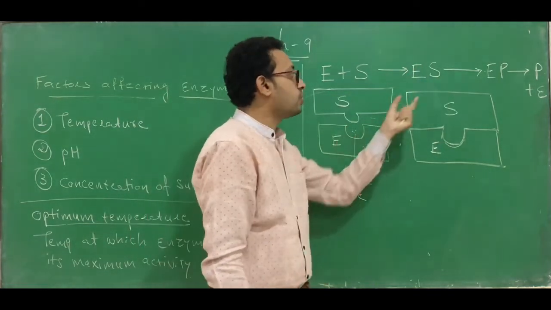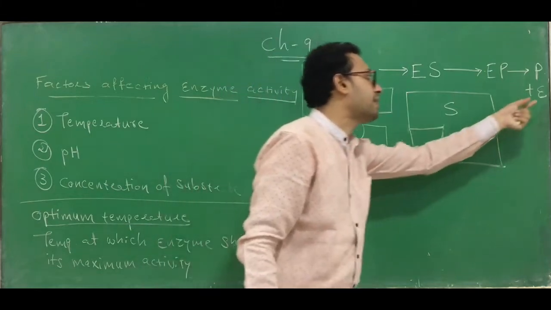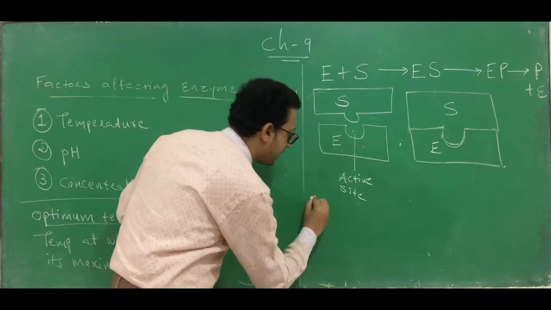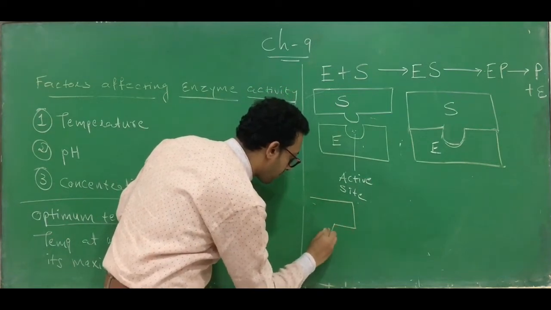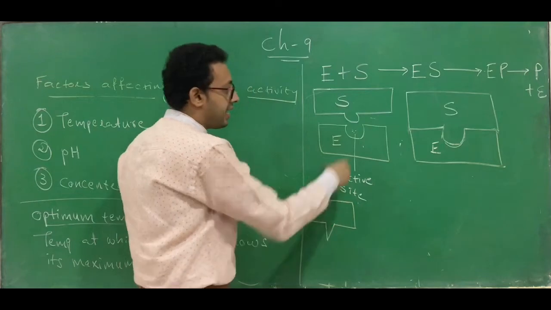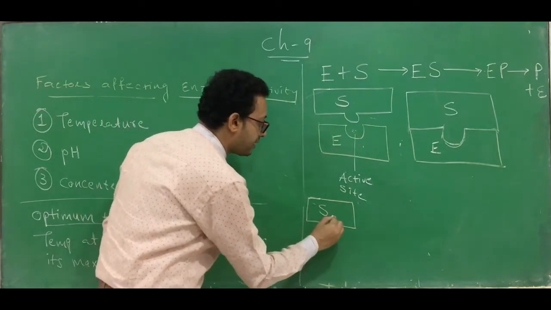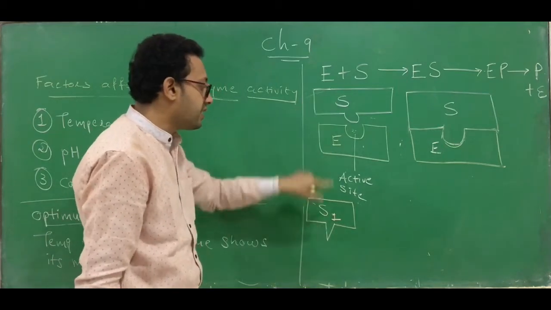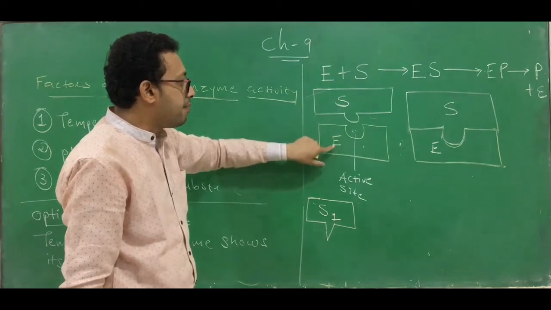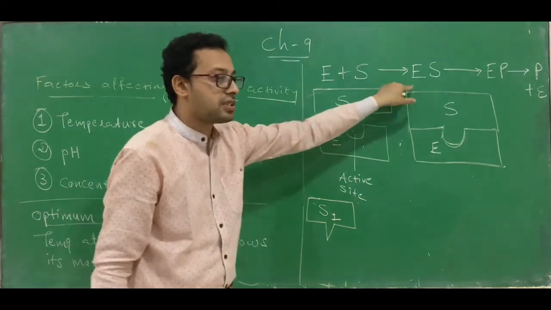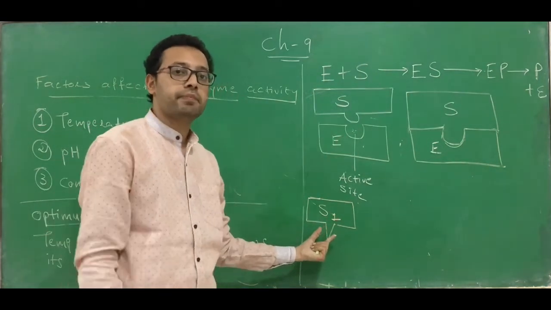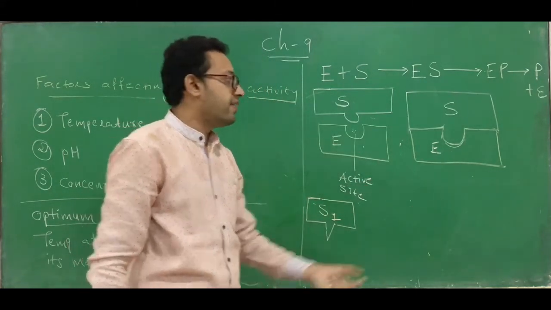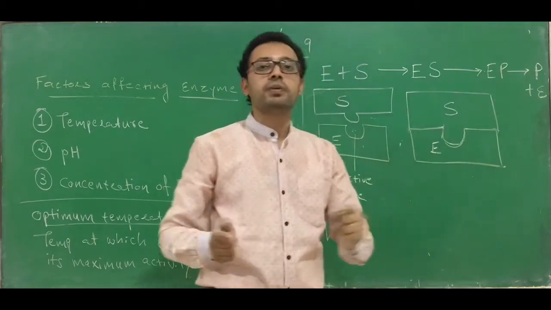When they match properly, the enzyme substrate complex is formed, and ultimately it leads to the formation of product. But suppose, assume that this is a substrate, can it combine with this enzyme? Suppose this is a substrate 1. For easy differentiation, I am calling this S and this S1. So the S can combine with this E and form ES, but this S1 has a different shape. So it cannot fit with this groove and cannot form the enzyme substrate complex. If it cannot, then the product is not going to be formed.